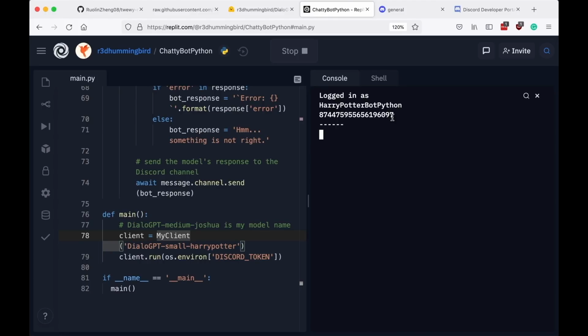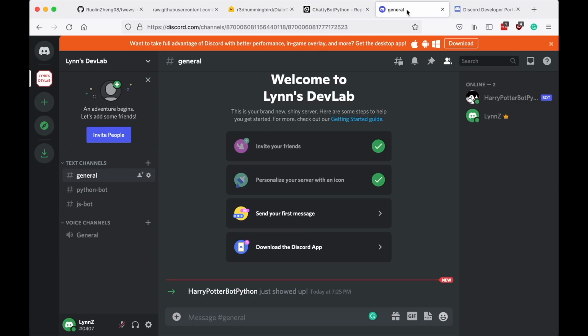Great! Now our bot has logged in as Harry Potter bot Python, and this is its unique ID. Let's go to the server, and now that the bot is online,